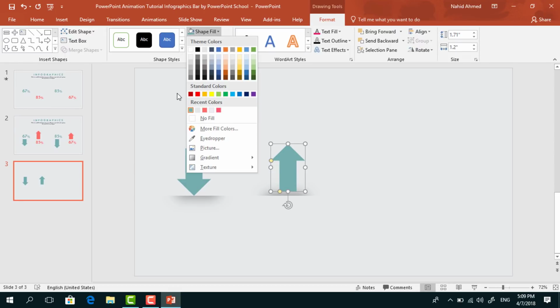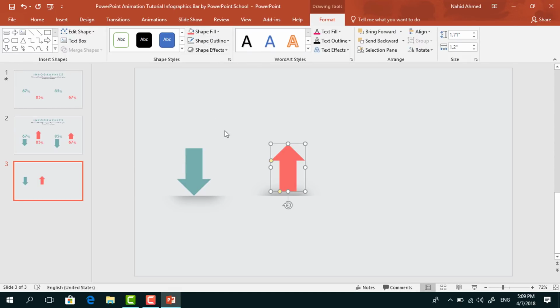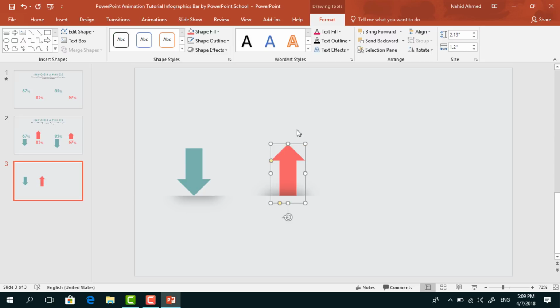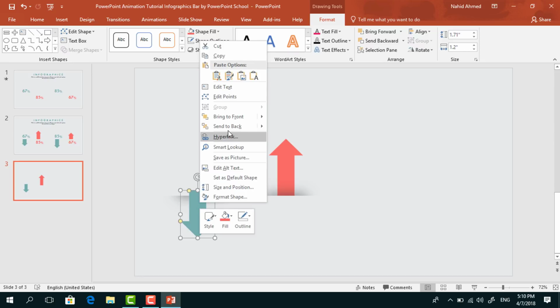From Shape Fill, change its color again. Resize it from this side. Right click on it and send it to back. Place it here in the middle of the shadow. After that, select the first arrow, bring it to here in the middle, right click on it and send it